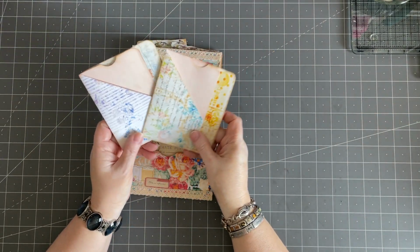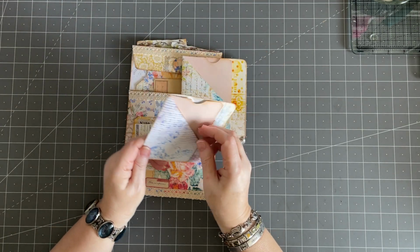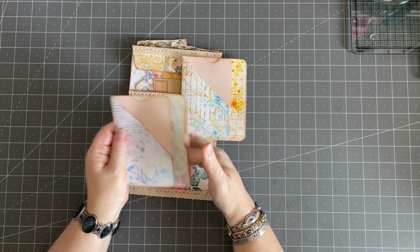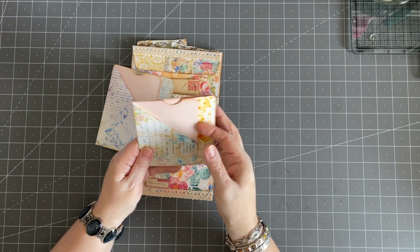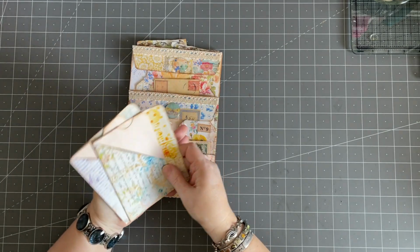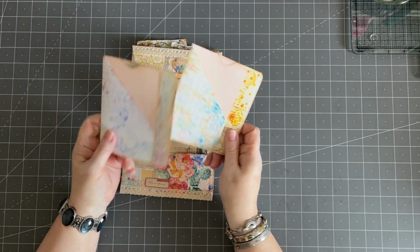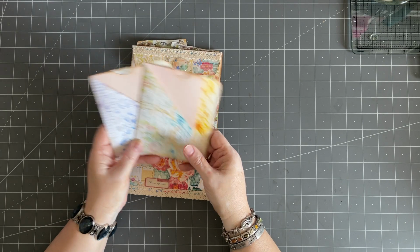From the same papers, which are Rachel's, her spring line, I made some little triple pockets. There's a pocket here, and then a pocket here. And it's all made out of one piece of paper. A pocket here, here, and here. Let me know if you guys are interested. Just say, I want to learn to make the triple pockets. If I get enough requests, I'll do a little video on it. If not, they're easy enough to find. I think they're on Rachel's channel from last year's